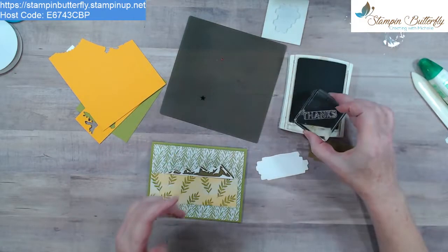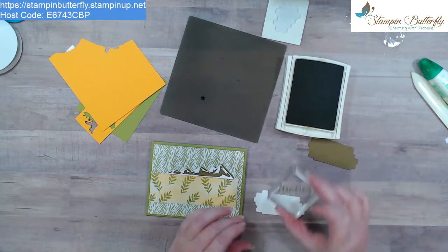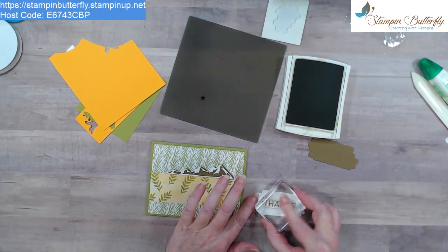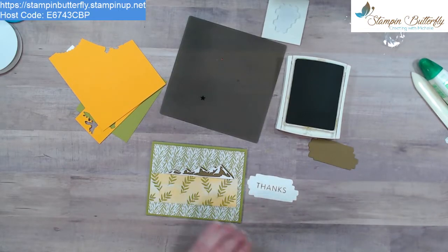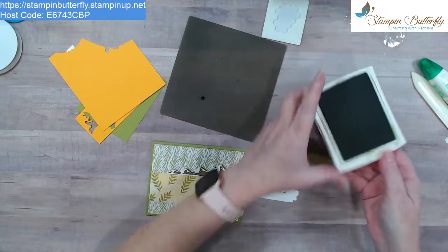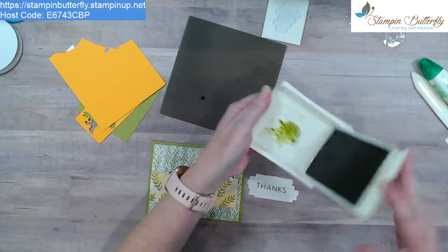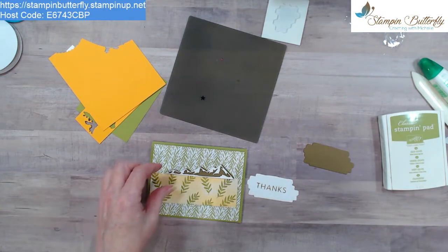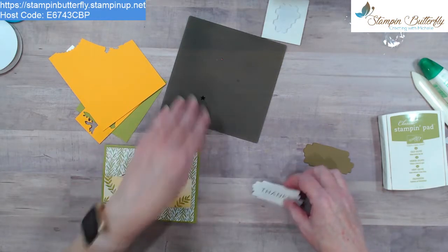So we're just going to ink up our block, our stamp, stamp it down and up. And then we're going to trim this and glue it on the ends. You'll see what I mean in a second. Kind of gives you a nice shadowing for your dies if they get a little bit lost. All right, so